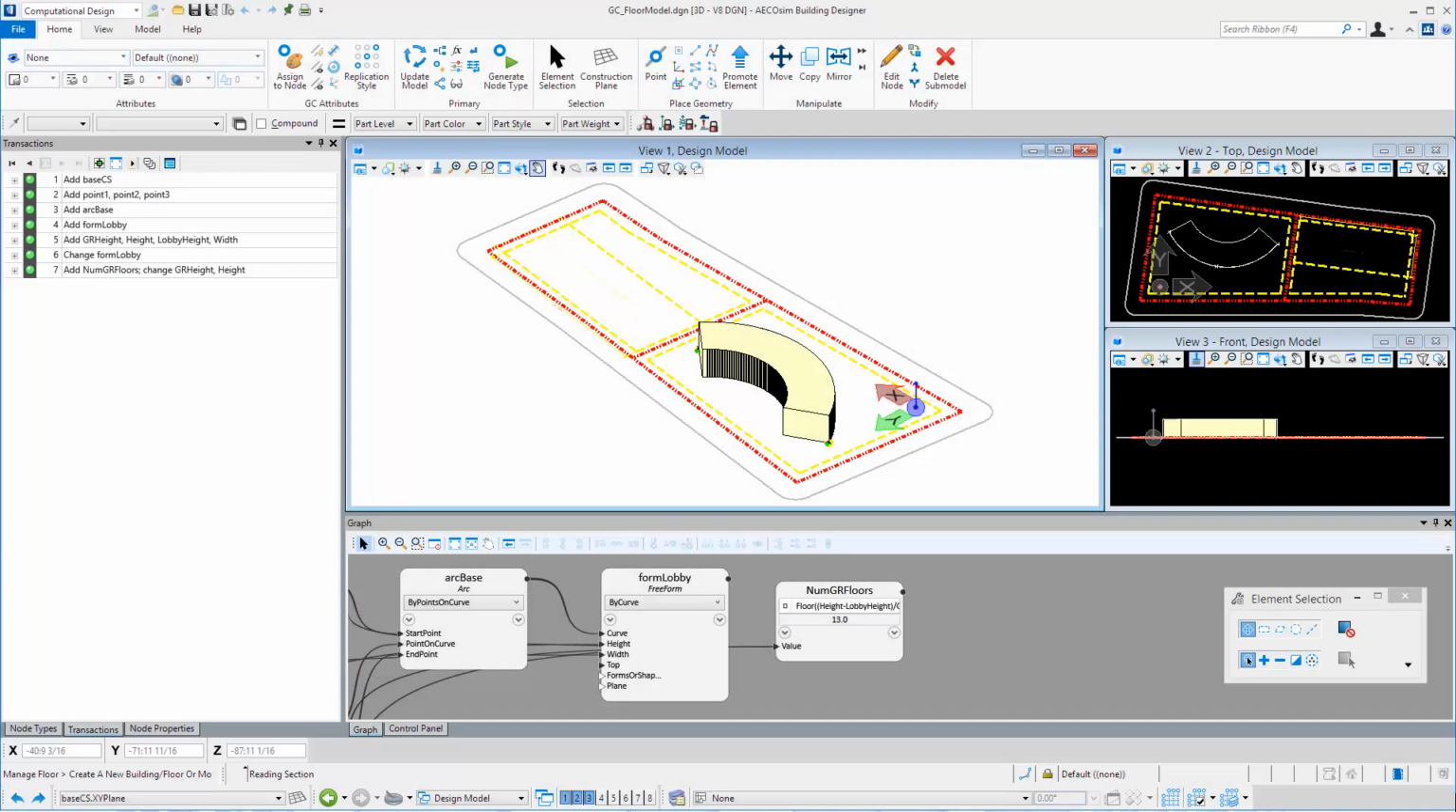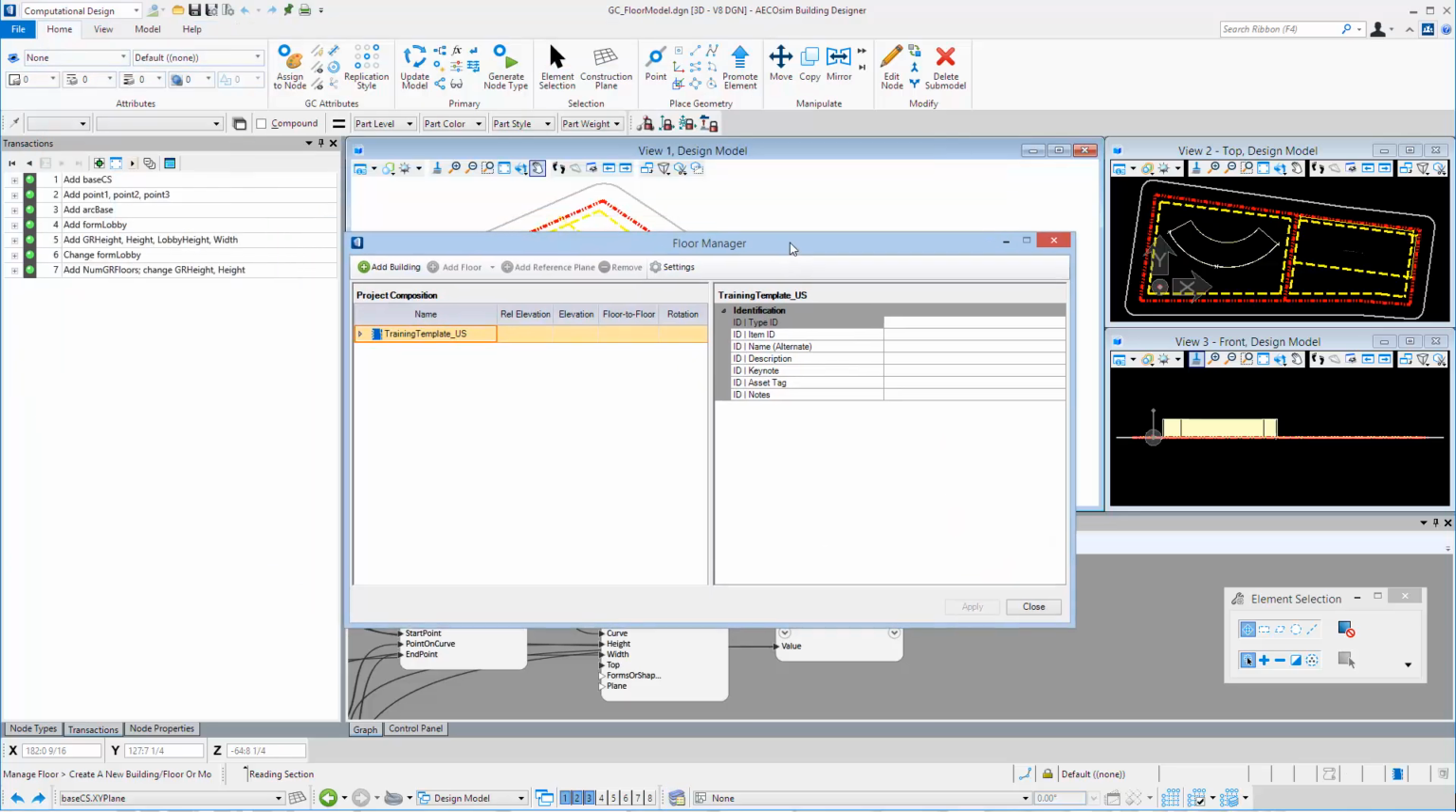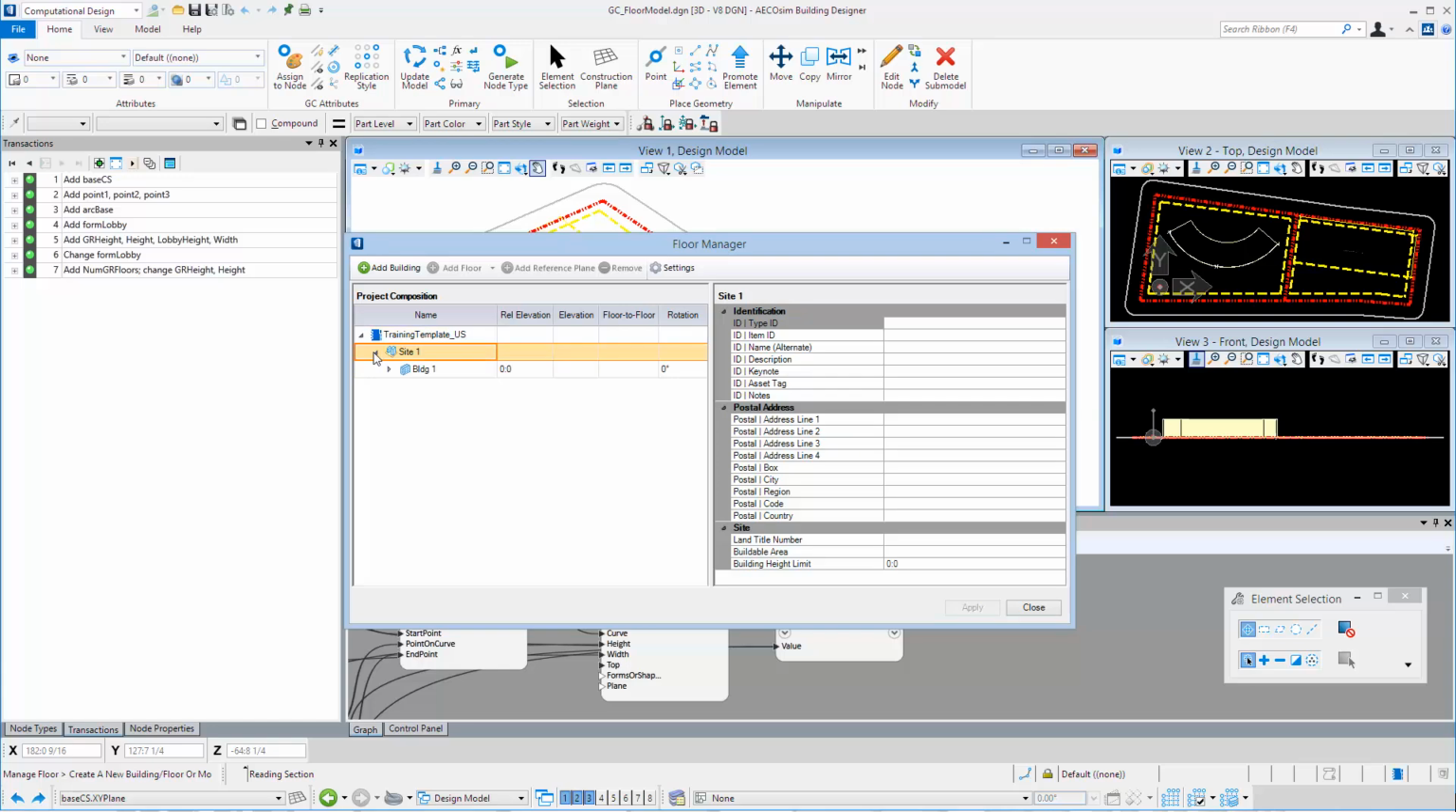Welcome to this session on using the building and floor nodes to drive the floor manager. Before I get started, I'm going to come down to the floor selector and open up the floor manager. The floor manager is a tool within Ecosim Building Designer that sets up all the floor elevations for your